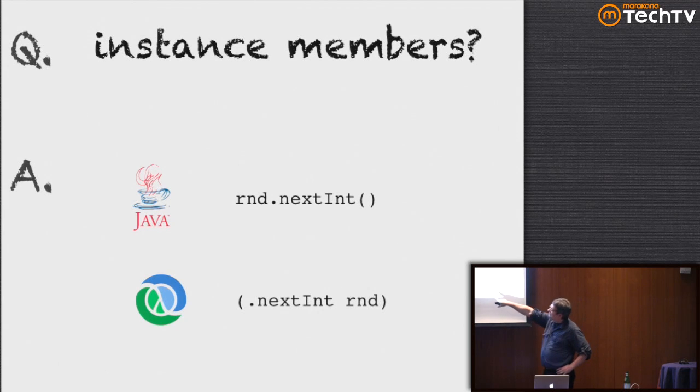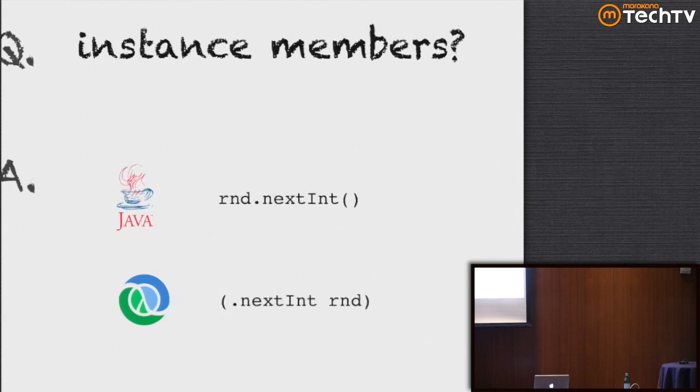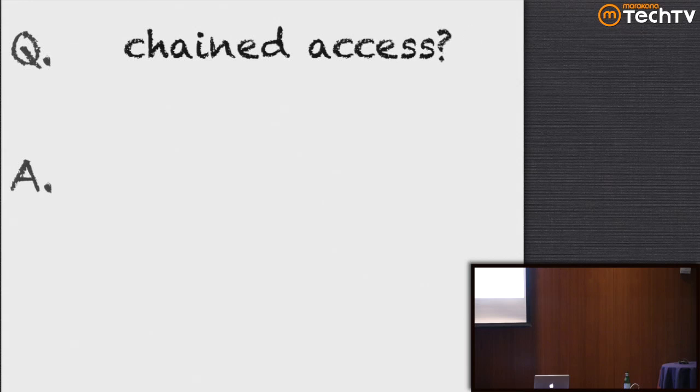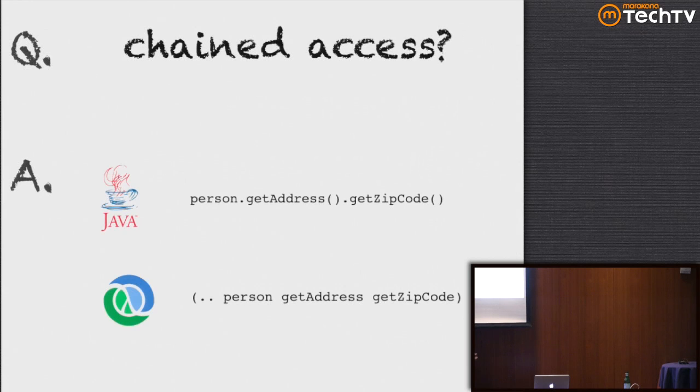So any dotted method you can call like this in the Java world. But there's a really common idiom in the Java world I like to call the law of Demeter violation, where you say this, or this, get this long series of things. And that would be really ugly in Clojure because it would have to be inside out. And so there's syntactic sugar in Clojure to allow you to do chained access.